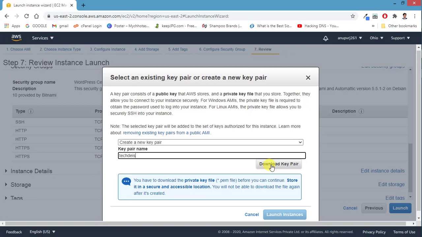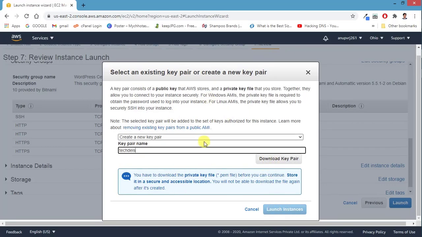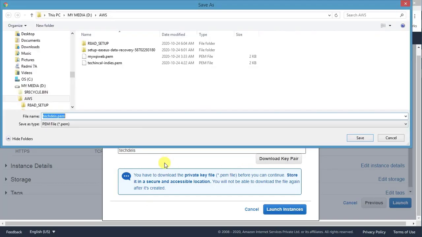And the second important thing is, once you have launched our instance and the installation is complete, you won't be able to download this file. If you don't have this file on your system, there will be a problem, you can't connect with your instance. So that is why you just give a name and hit download key pair, and keep this file. This file will be in the format of a PEM file.